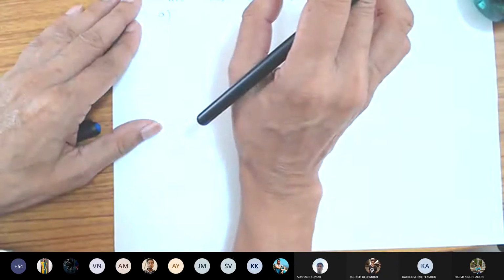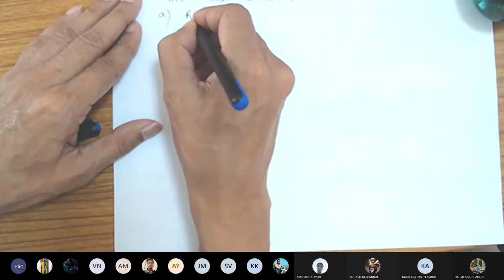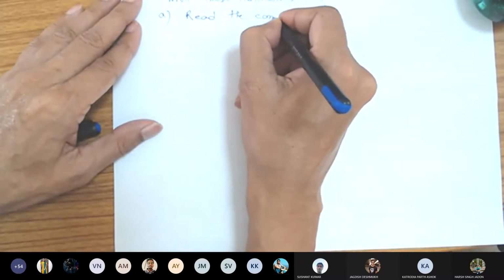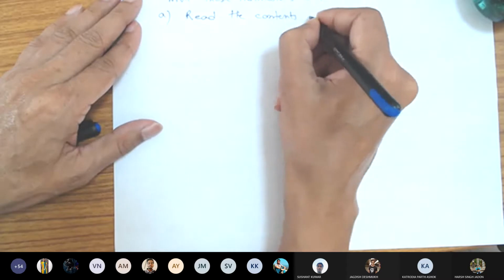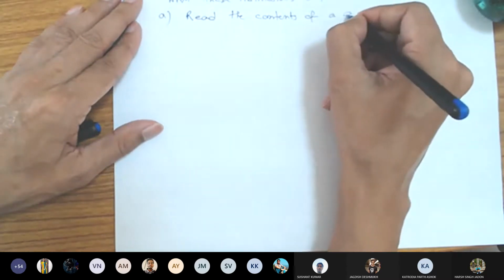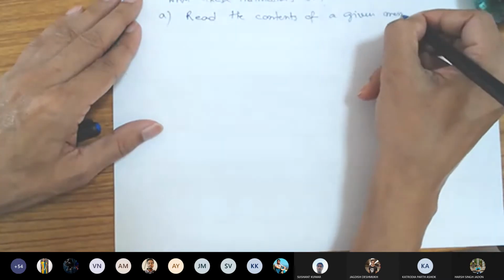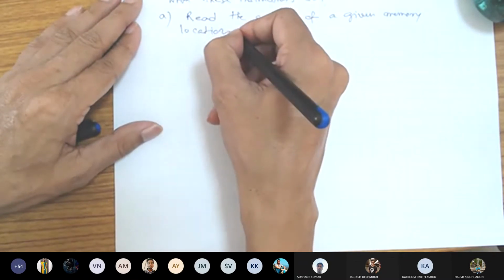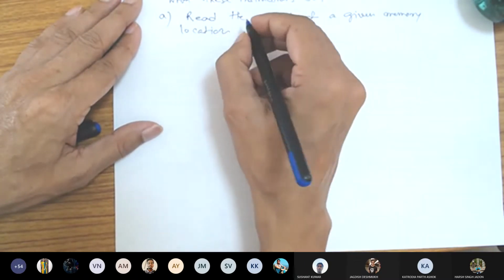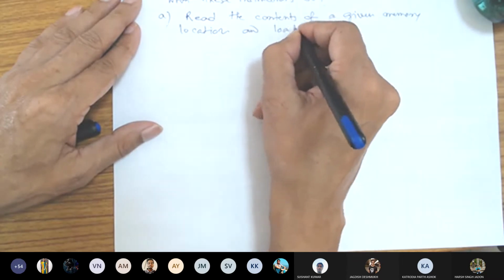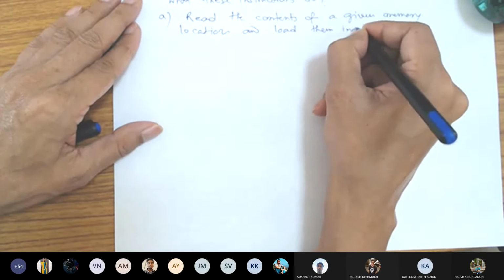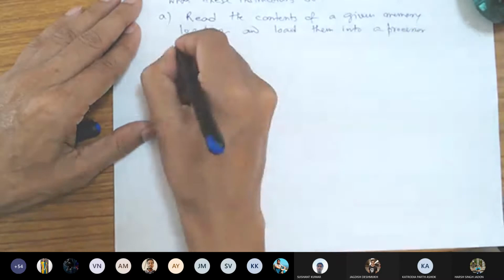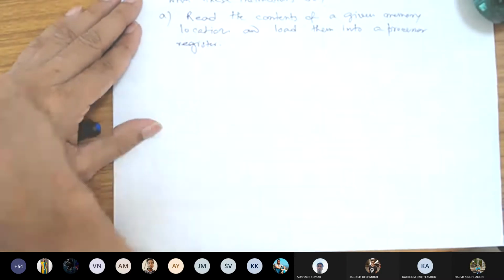Barring a few exceptions, these instructions usually read the contents of a given memory location and load them into a processor register. This can be one task.